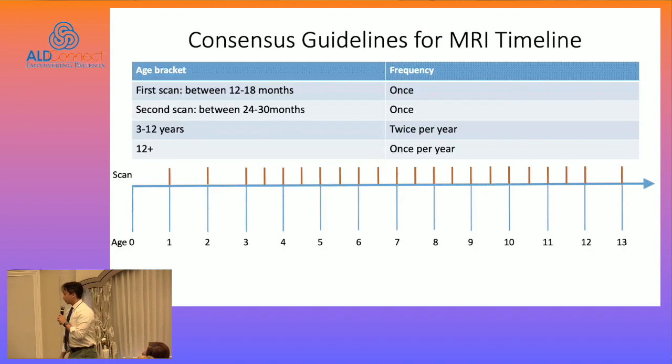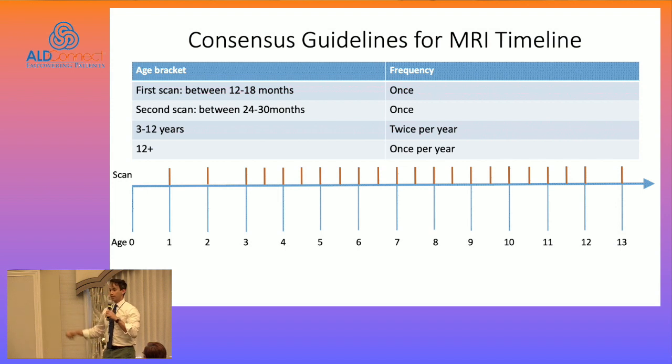And I think not. So the group put together consensus guidelines about when we should start scanning. What you'll find in monitoring for cerebral ALD is we're trying to get as many data points in time of highest incidence. So right now the consensus is, and this is always up for debate and input, and we will integrate everyone's thoughts, to get the first MRI scan between the age of 12 and 18 months.